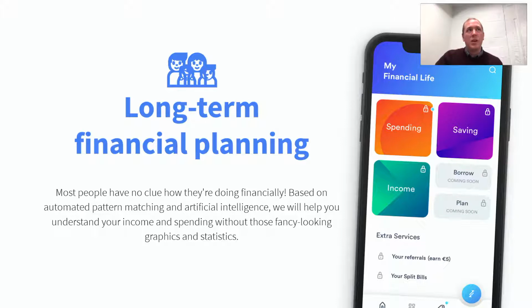So what we do right now in the app is we give you an overview of your cash flow situation this month and next month, and do it with all of those fancy graphs and confusing statistics. We just give you an overview. Look, this is where you spent the most money last month. This is where you normally spend your money. This is something that you can do. And this is something that we think can really simplify